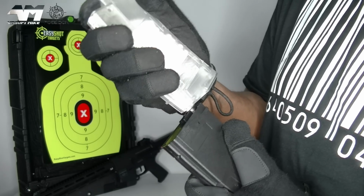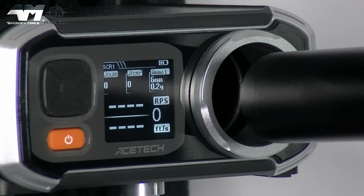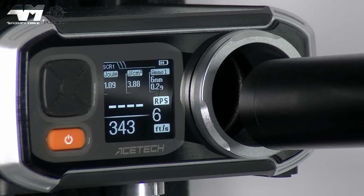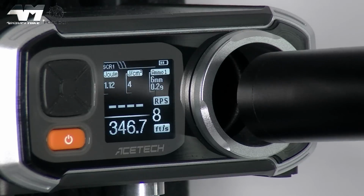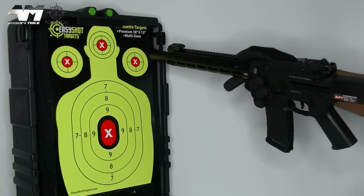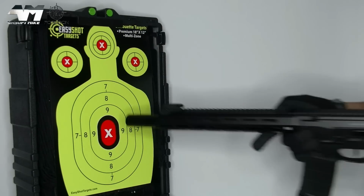Decent. Yeah, baby, not bad. Look at that, 20.8. Actually, you can round that up to 21 rounds per second. Woo! Okay, 4 there, 4 there, 4 there, and now absolutely dump the mag down there at close quarters because